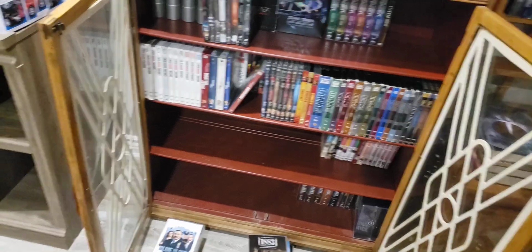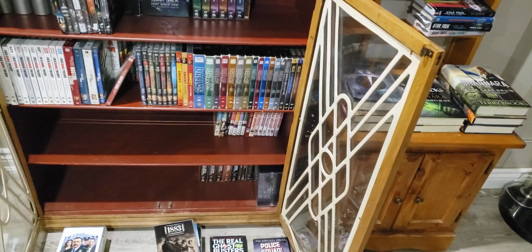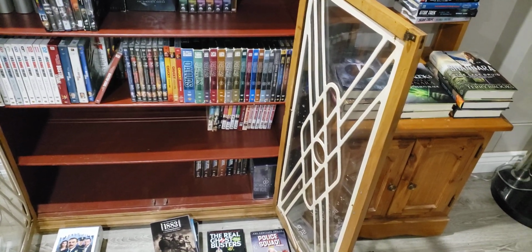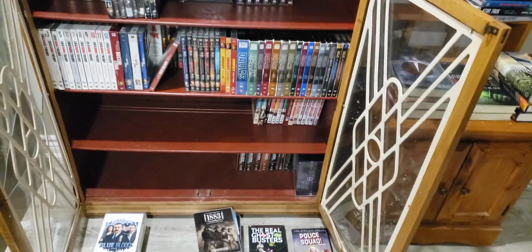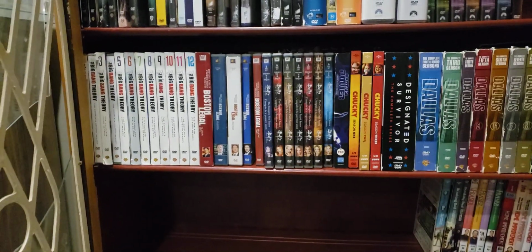Well, it's my DVD collection, the next part. Unpacking them. So, let's see. I'm going to put on the complete series first and go from there. The revised first bottom row now. Here's the revised top row, middle row,